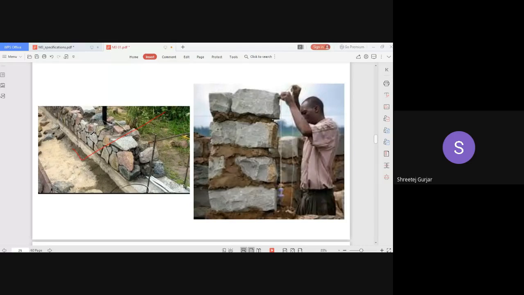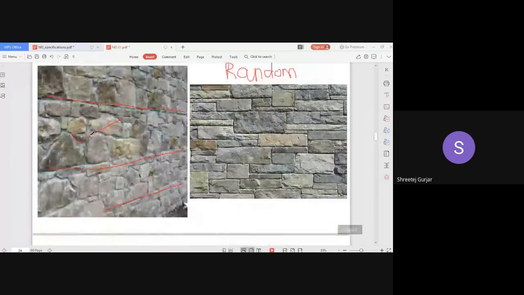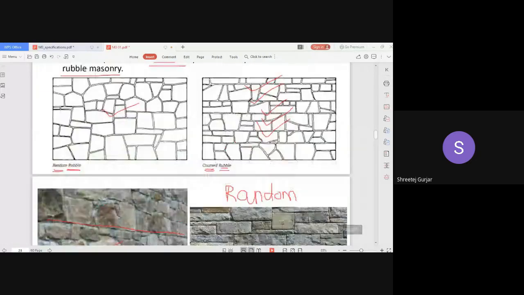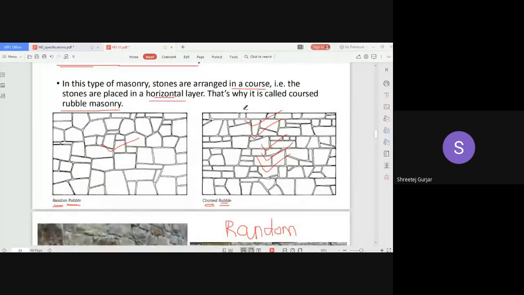So what you have to take care of? I have told you regarding materials. We have to use stones, and these stones are acquired from quarries, designated quarries. The main thing you have to take care of is that these stones should not have any cracks, right?